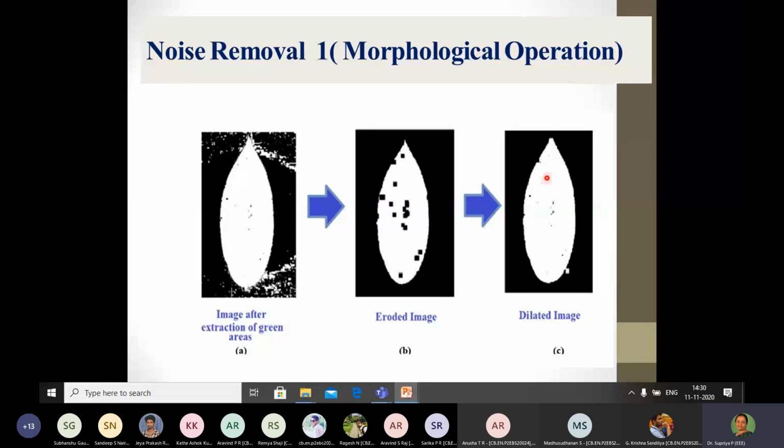which was first eroding the image and then dilating the image. It was with this idea that the same problem was given to you in the lab, where an image was to be considered, eroded, and then dilated. Okay, it looks more or less okay, but please note here again there is an extra square, and this extra square tells us something more about the image, because when you talk about one of the features of the leaf, you would like to evaluate the periphery, or what you call the perimeter of the leaf. When you want to evaluate the perimeter, this particular region will come as an extra value, and hence you will see that there is a large variation in the solution.